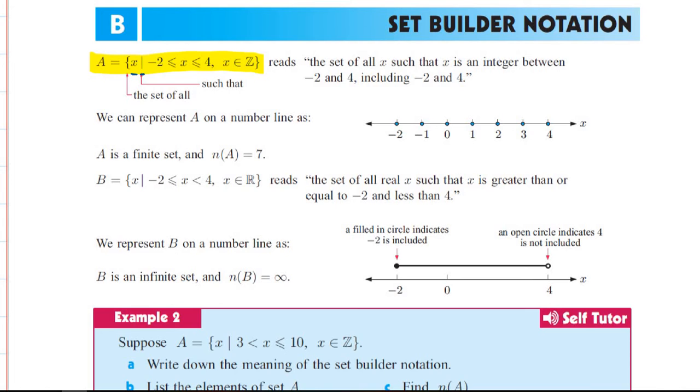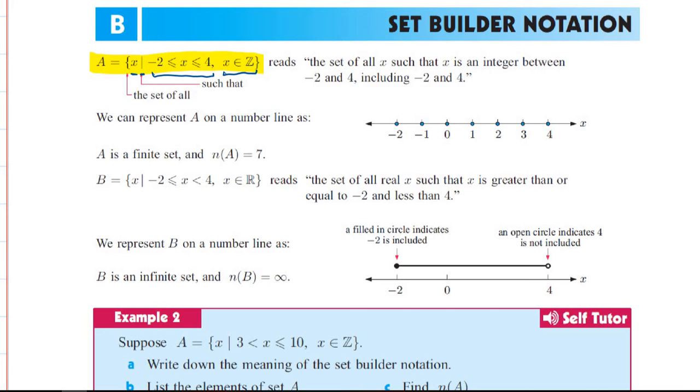This little bar means such that. Then we describe all of the values. So x such that x is between -2 and 4. And it's inclusive because those are less than or equal to signs. And we know that x comes from the set of integers. So therefore, we've limited our set to only including whole numbers, so we don't have to worry about fractions or